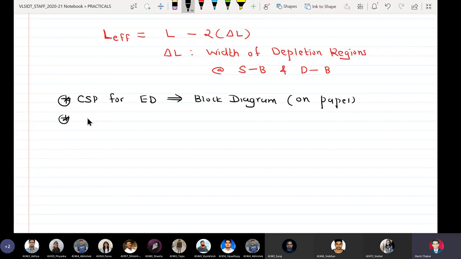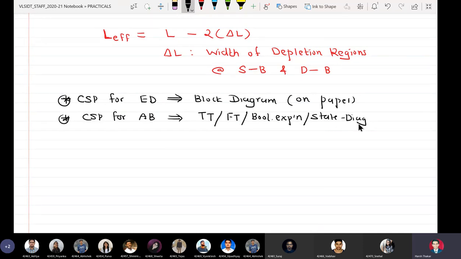We also told that the correct starting point for architecture body is truth table or function table or Boolean expression or state diagram. So till we do not draw the correct block diagram and the correct truth table or function table on paper, we cannot actually start writing the entity declaration and architecture body.